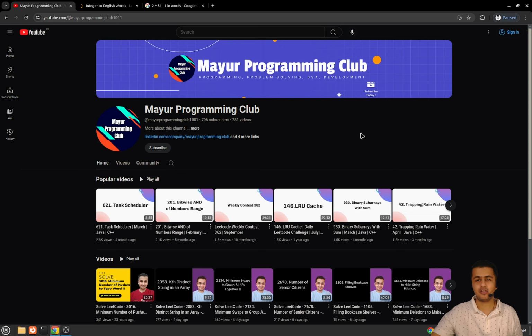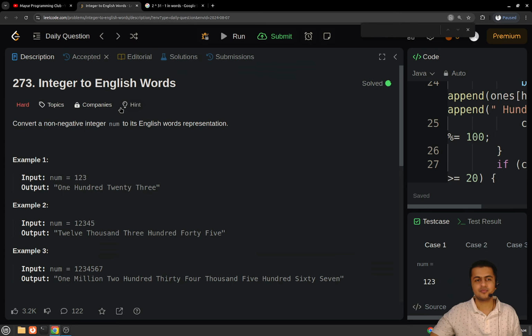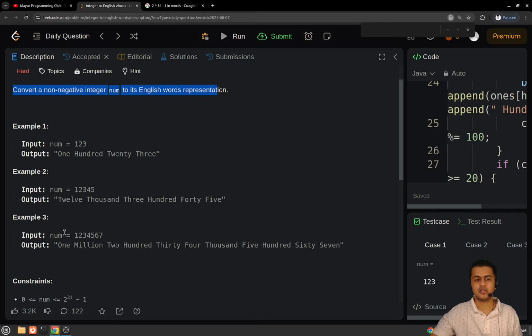Today we will be solving another daily LeetCode problem, and the problem's name is integer to English words. Okay, and the problem statement goes like this. So you have to convert a non-negative integer nums to its English word representation. Okay, so for example, if you take the third example,